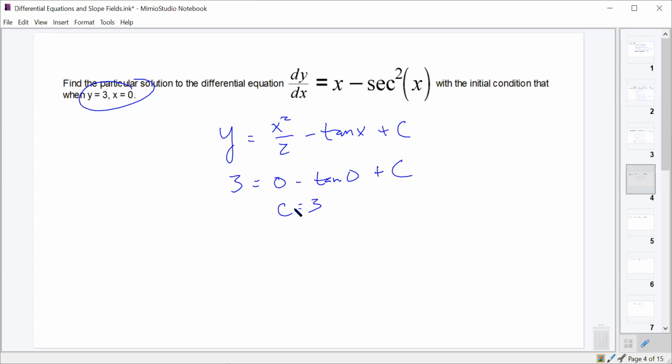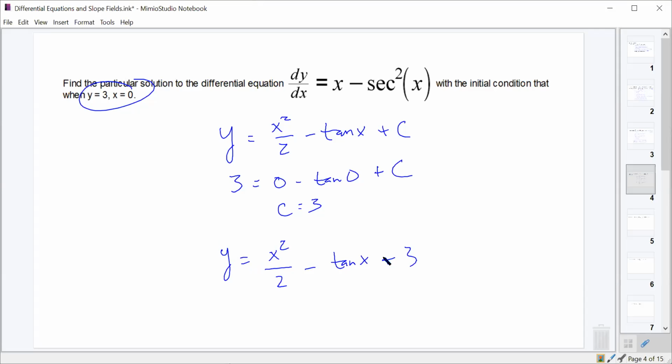So our final answer then that you came up with was y equals x squared over 2 minus tangent x plus 3. Is that right? Yes. And you felt really good about yourself until right now when I said that this is not quite exactly right. Now we've done nothing wrong, but we're missing something here that you wouldn't have known about because we haven't